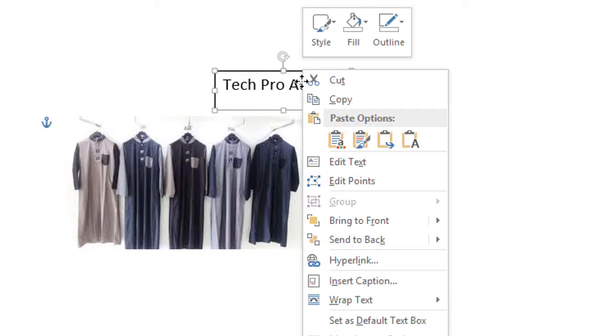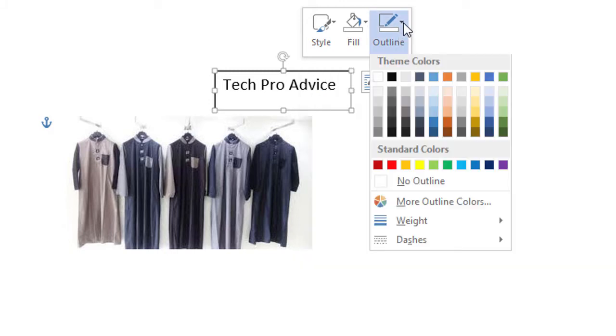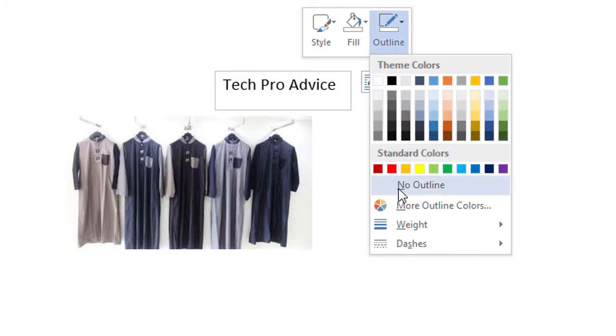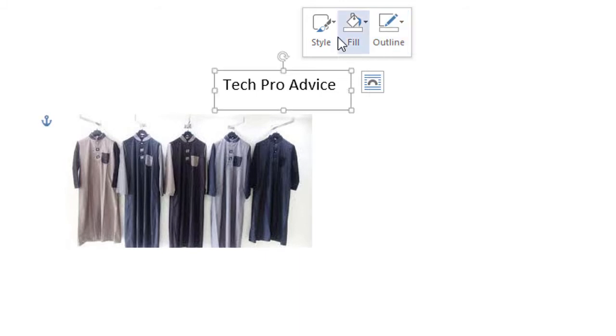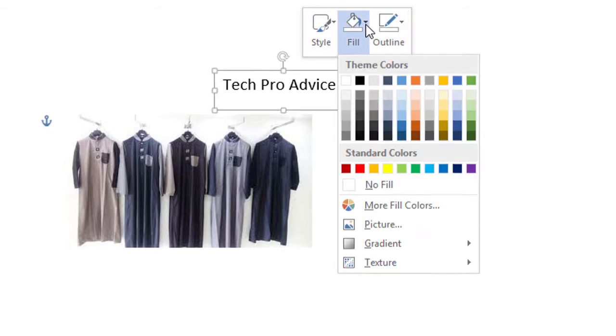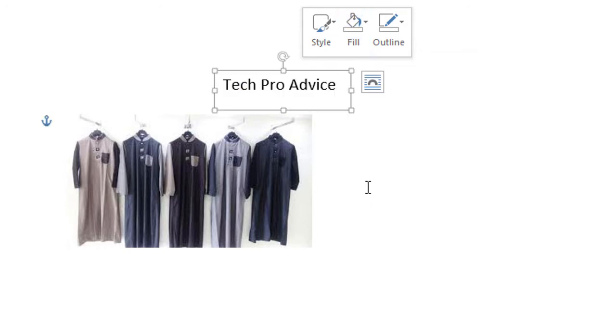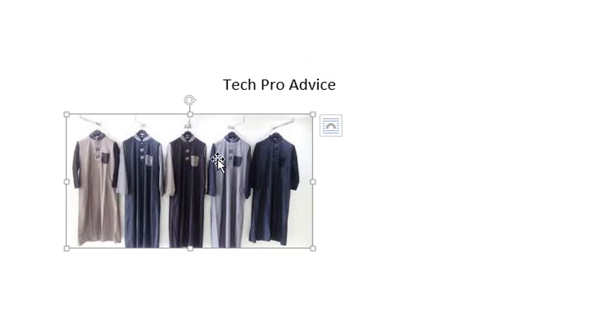Now click right button of your mouse on text box and in outline click no outline and fill color, no fill, select no fill and